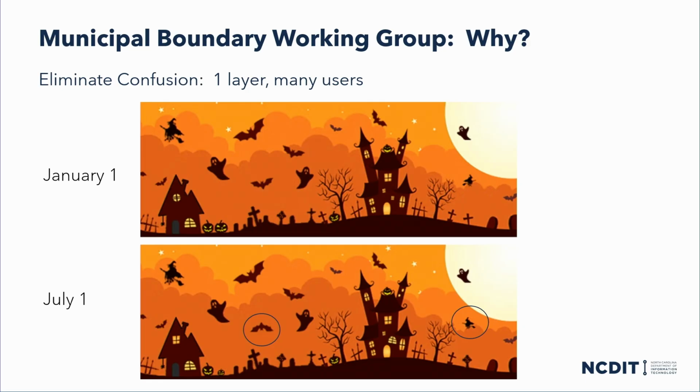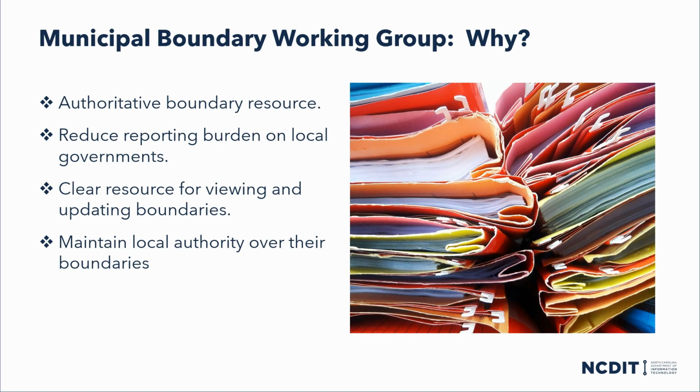Instead of y'all having to be peppered all the time with, well, what does your boundary look like now? We were looking for a way that you could just report your boundaries as they change and they had a date stamp on them to meet whatever the need was. So whether you have a project that's based on January 1, July 1, May 1, whatever the need may be, they don't have to come back and pepper you. They can just look at a field on a common resource.